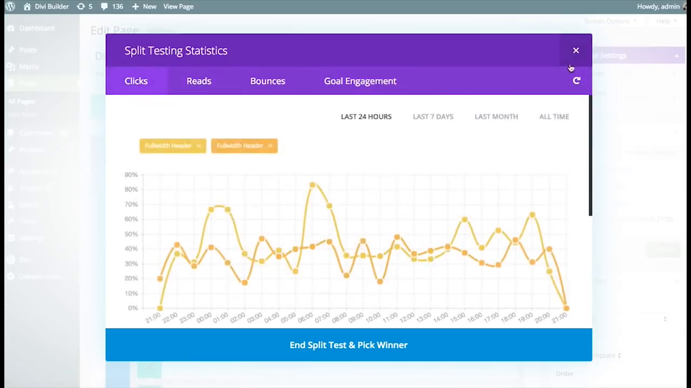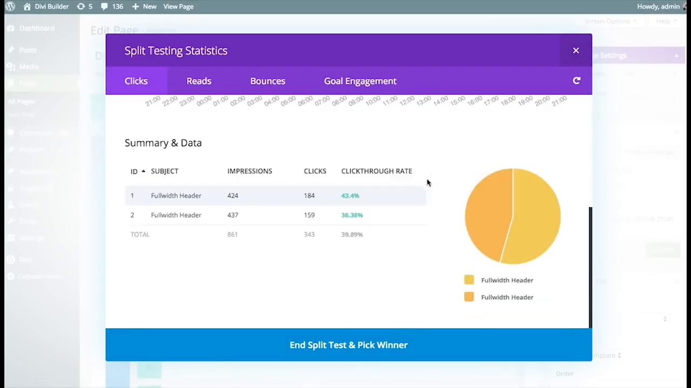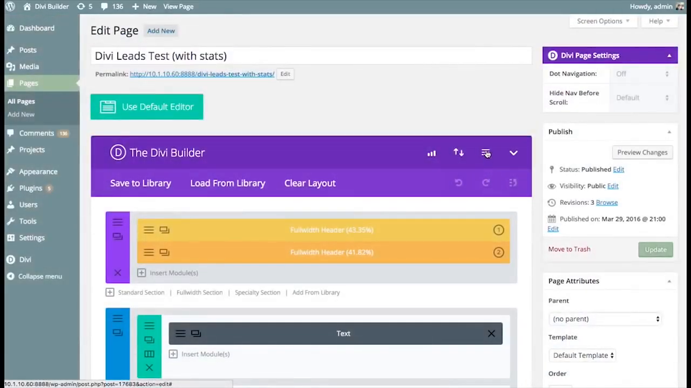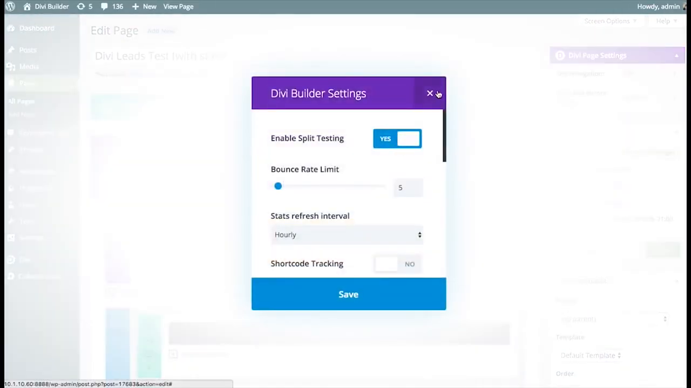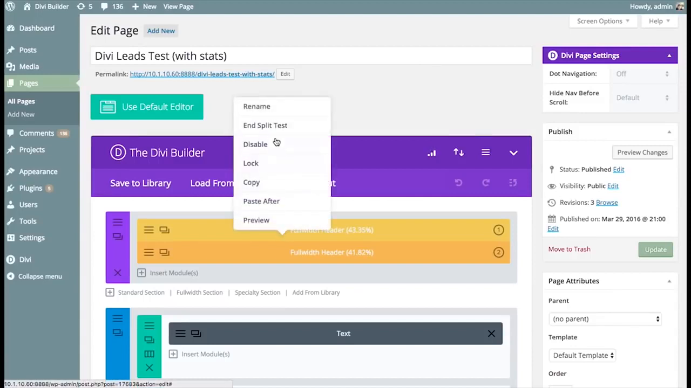And then when you're all done, you can end the test and pick the winner. So that's how you end a split test. You can either end it here, or you can disable split testing here, or you can right click and choose end split test. And if you do any of those things,